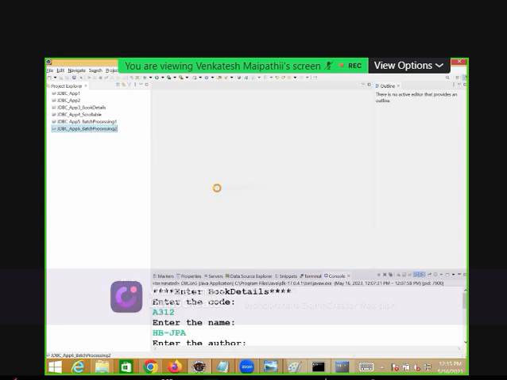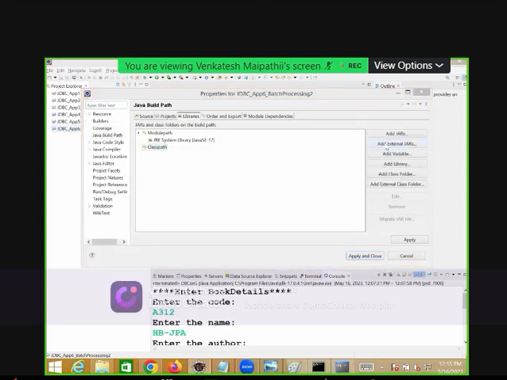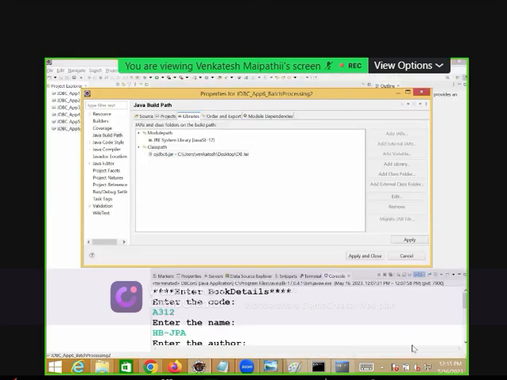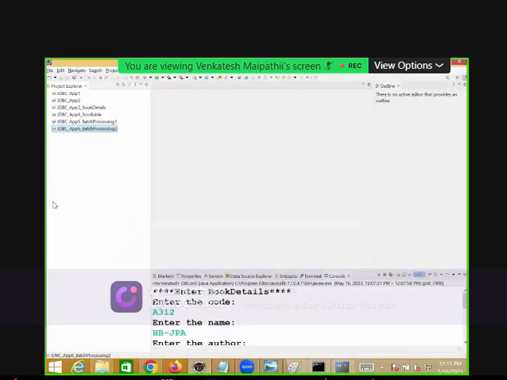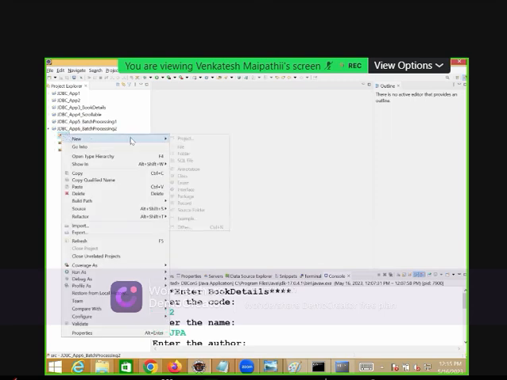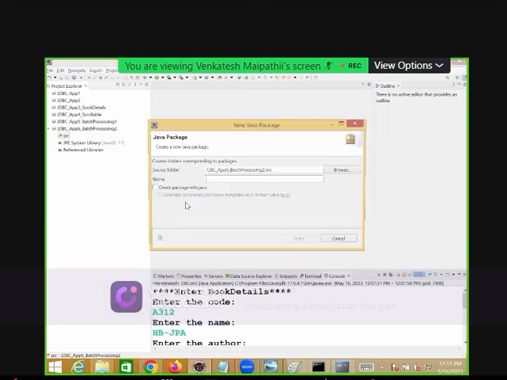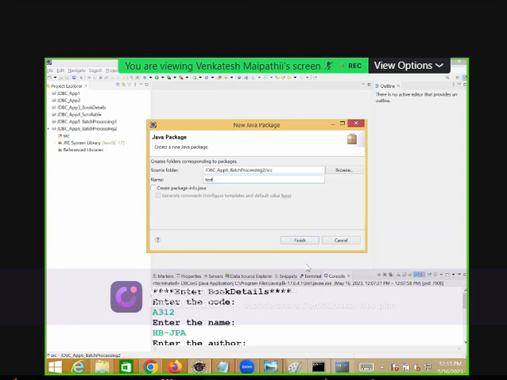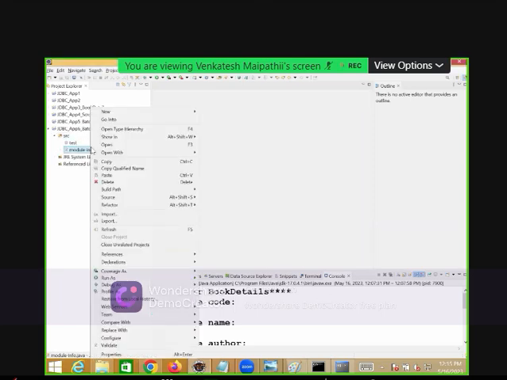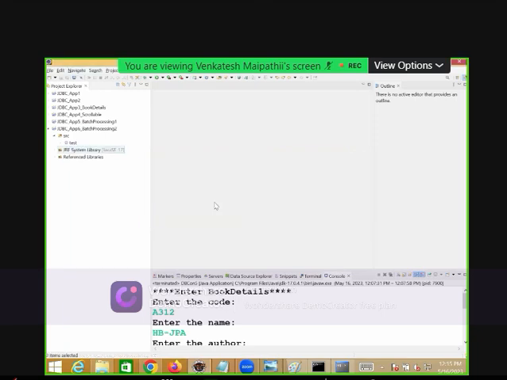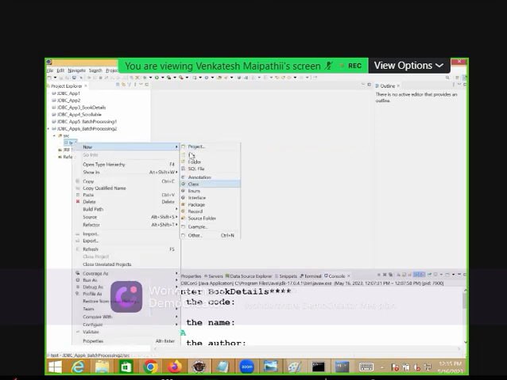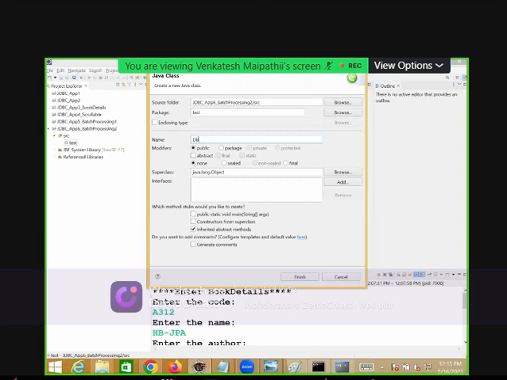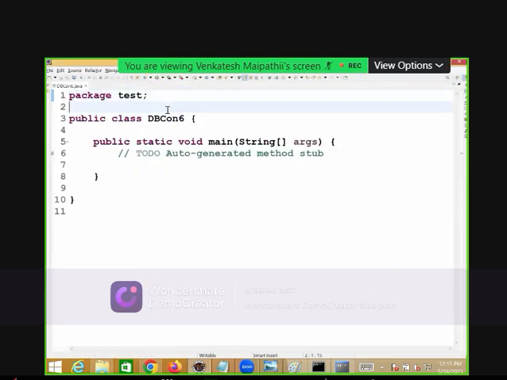Build path, configure build path, add external jar, and apply and close. So under this, create one package, always test. Right-click on test, new class, dbcon6. Right. Now import